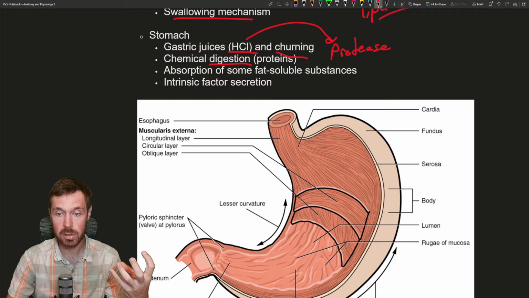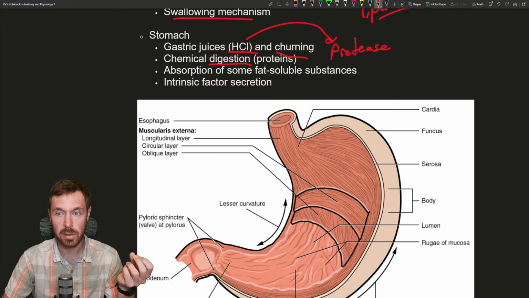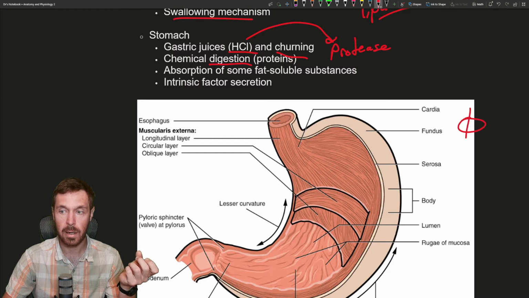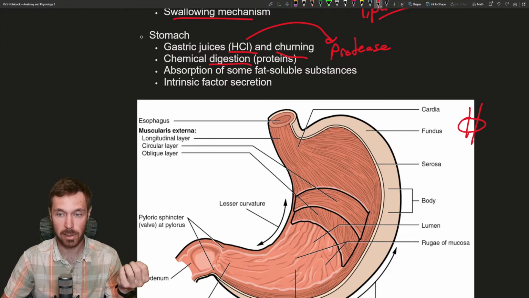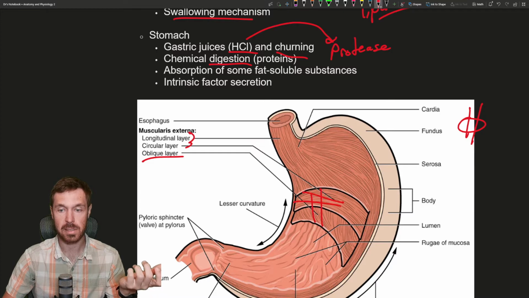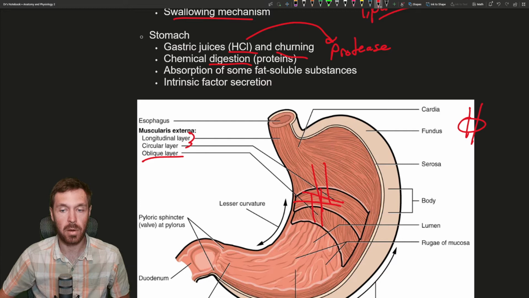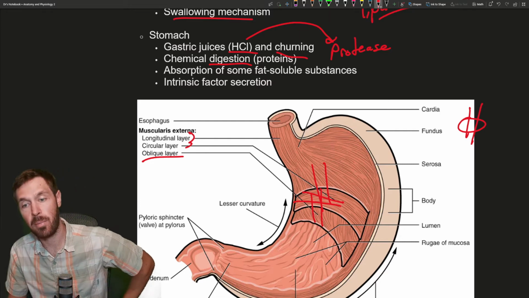The stomach also churns, so there are 3 muscular layers. Most of these hollow tubes have 2 muscular layers, a circular layer and a longitudinal layer, and that allows the squeezing movements called peristalsis and segmentation that we'll talk about in the next video. But the stomach has not only a longitudinal and circular layer, but also an oblique layer. That allows the stomach to twist almost like a corkscrew, and allows it to pummel the